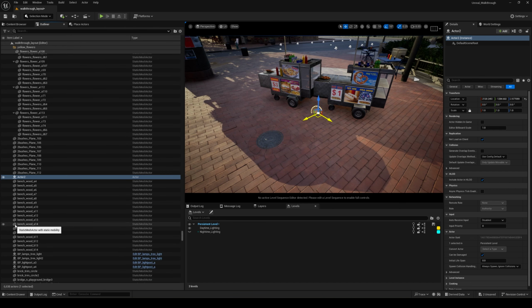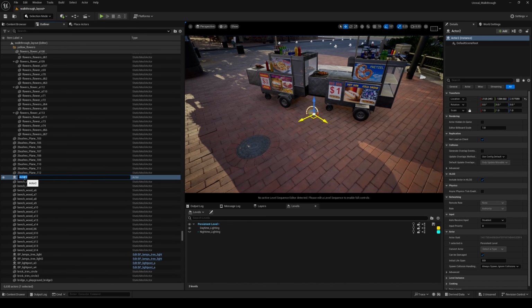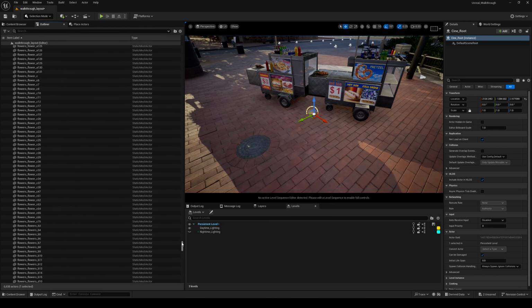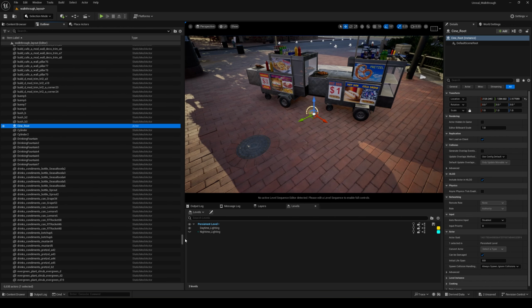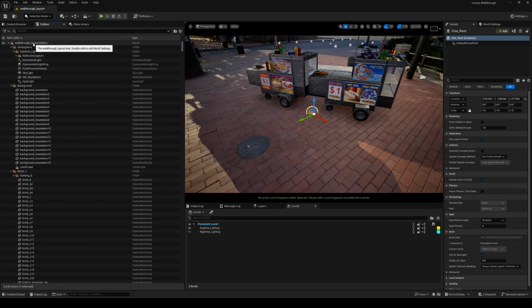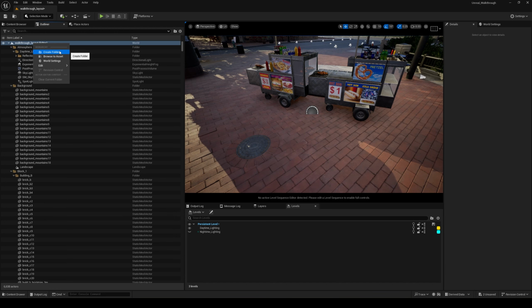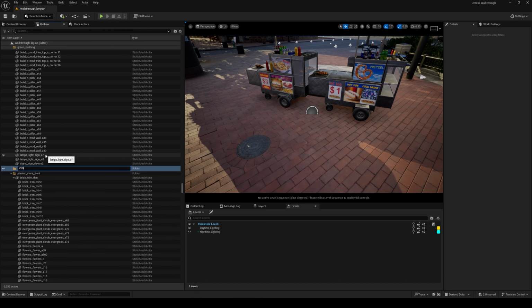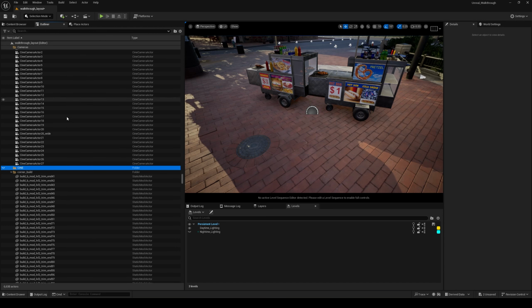Now, the first thing that I'm going to do now that I've created this actor, I'm going to call this cine underscore root. This is going to be my cinematic root. And it disappeared here. Okay. And the other thing that I'm going to do is create a folder. And the folder is going to be called Cine in caps. And I'm going to right click this and say make current folder. So anything that I create from this point on will automatically be added to this folder, which is part of